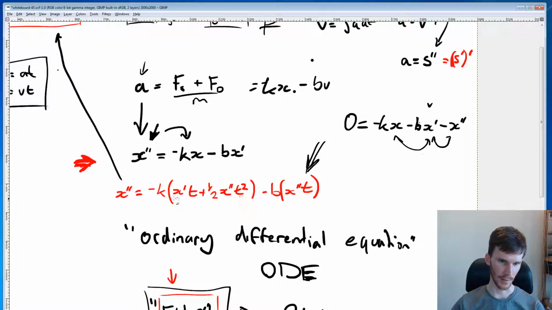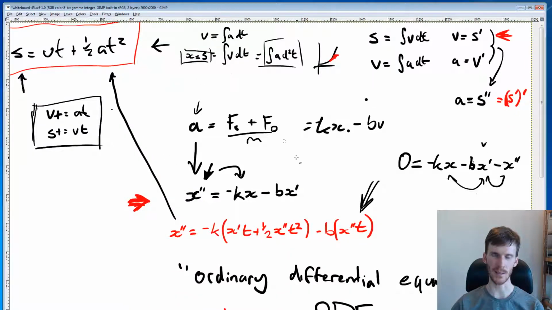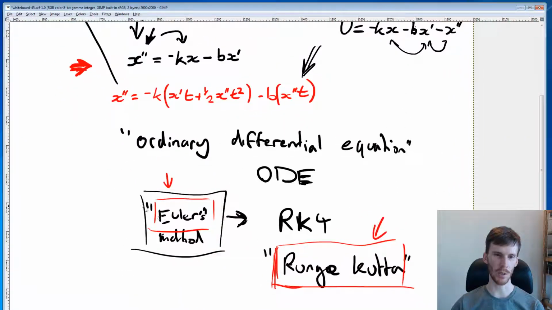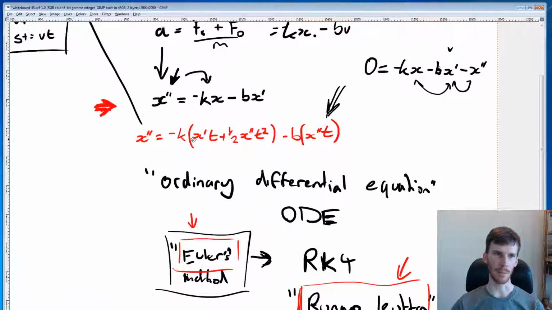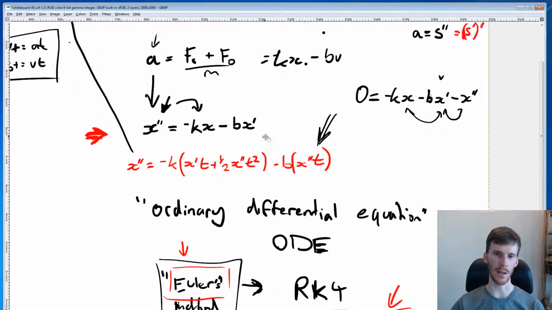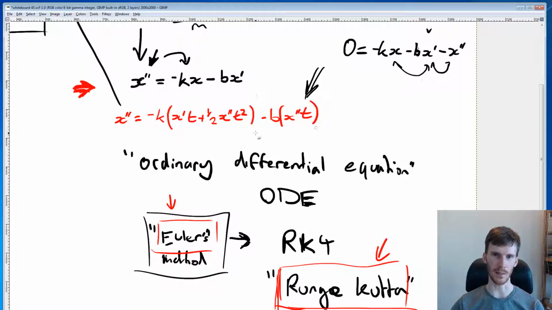And what's this in red? I think that was a vague attempt to explain the fact that s and x are not quite the same thing. But anyway, so we were using Euler's method before, and we had a problem, but then we just went and solved it directly and got that. You can't solve this directly particularly easily and get a thing that calculates the position for any particular time, but